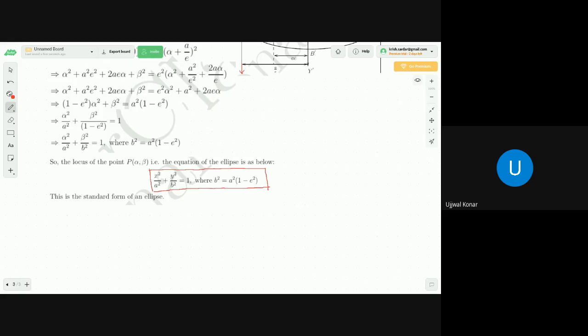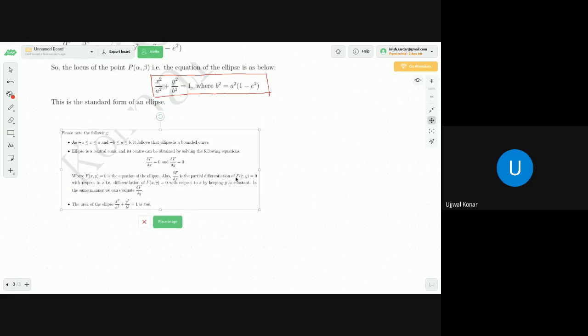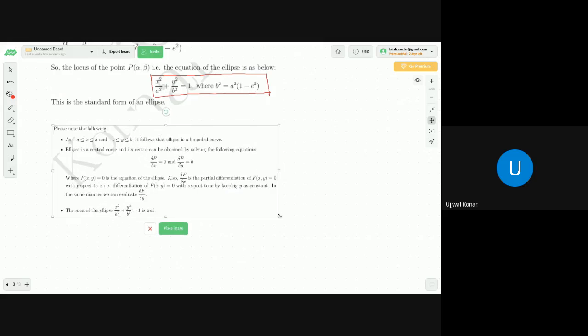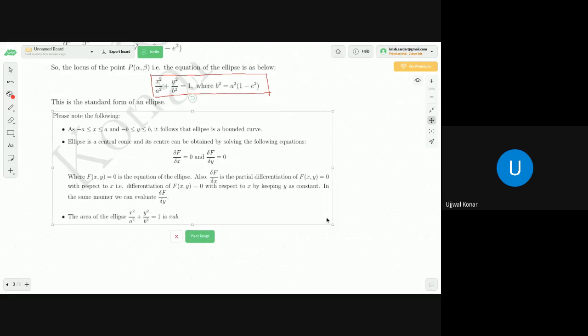Okay. Now, there are a few important points that I'm going to tell you, and after that I will discuss with you the different attributes of the ellipse. The points I'm going to mention are very important points and little advanced points. So if you remember these and apply them as and when required in solving questions related to ellipse, it will be very meaningful. What are those points, dear students? So I am going to inform you one by one. The first point says that